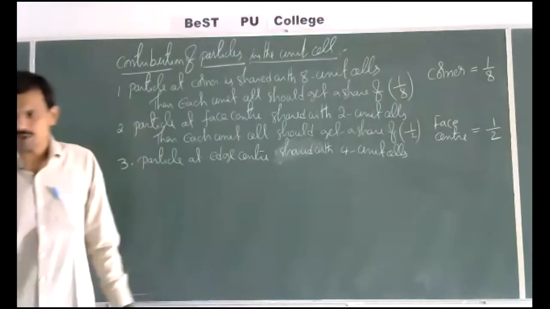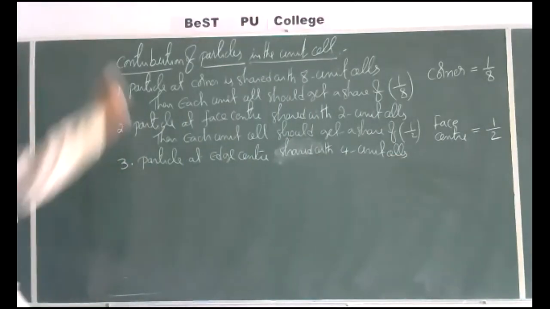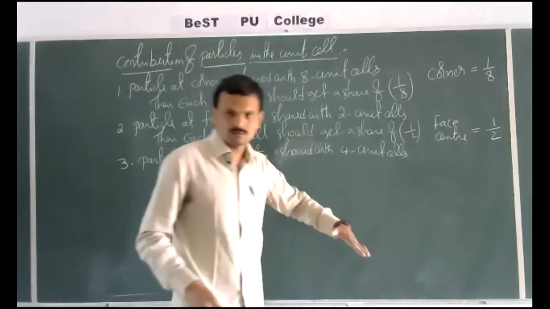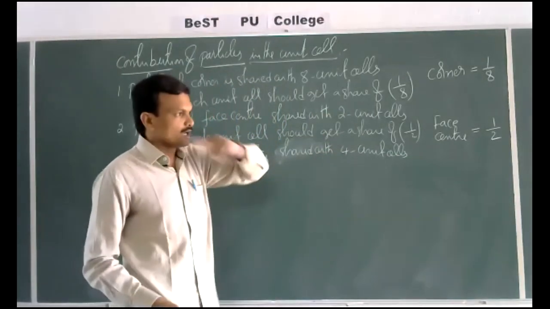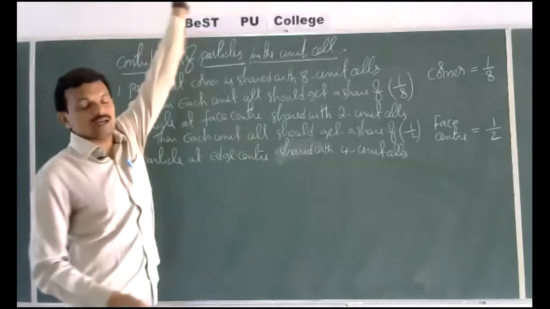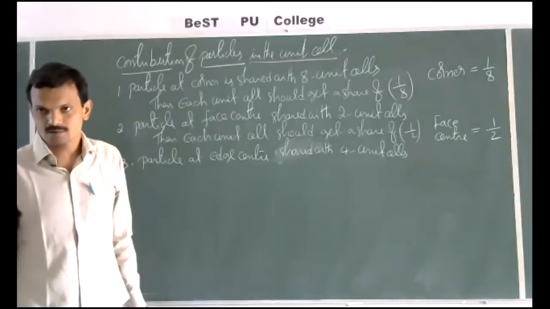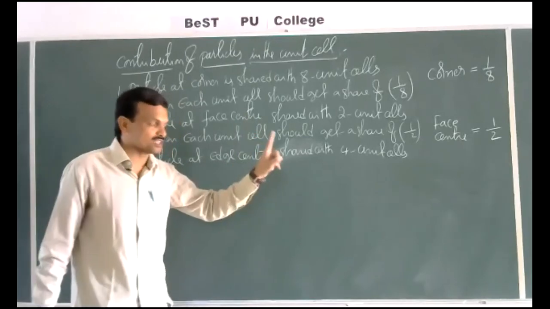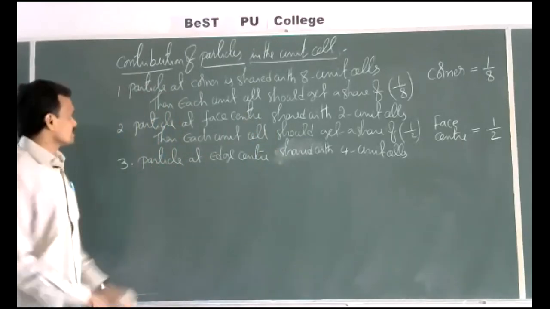A particle present at the edge center, the edge belongs to 4 unit cells, means within the plane 2 unit cells, and above that 2 more unit cells. So a particle at the edge center is shared with 4 unit cells,